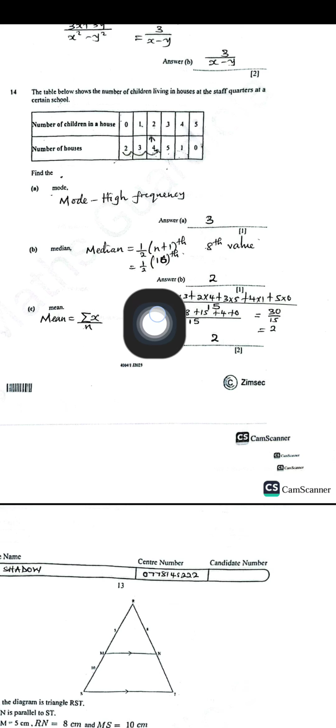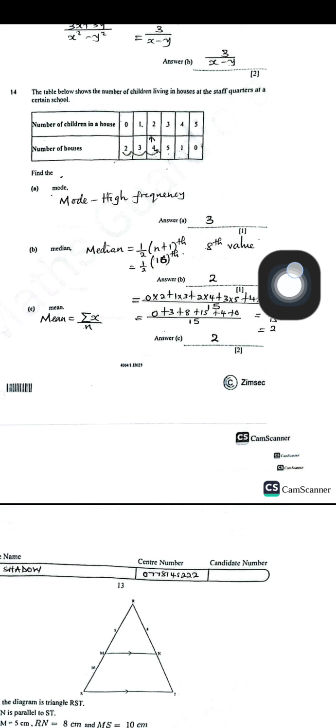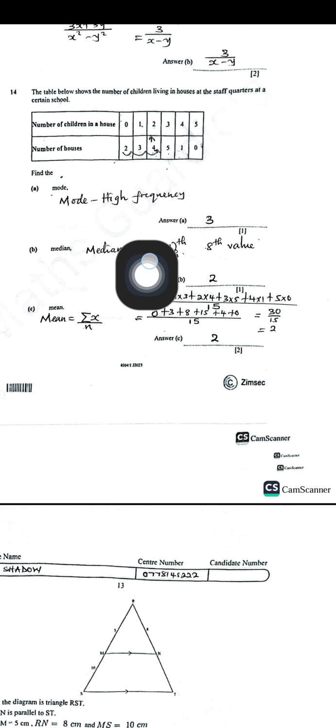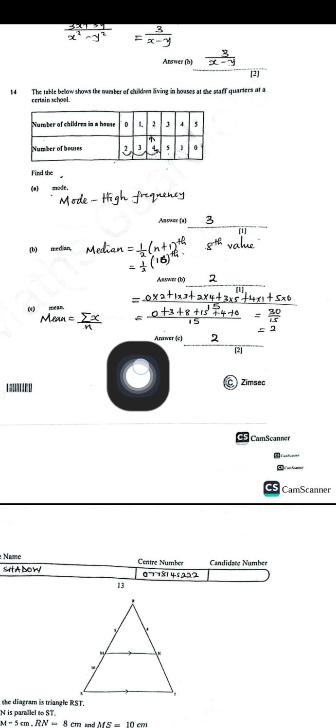Median is like finding something which is between the values. It's finding a certain value which is found between values. So for the median, we say it is equal to half of n plus 1, the term, whereby n is the number of terms given. We find the sum of the